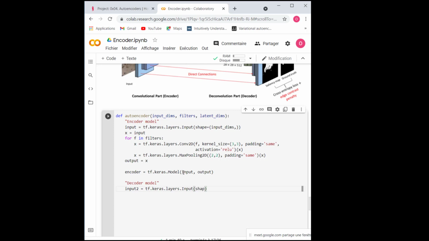It will have the shape here. For the decoder, it will be the latent space, the latent dimension. This is my input. My X will be this input.